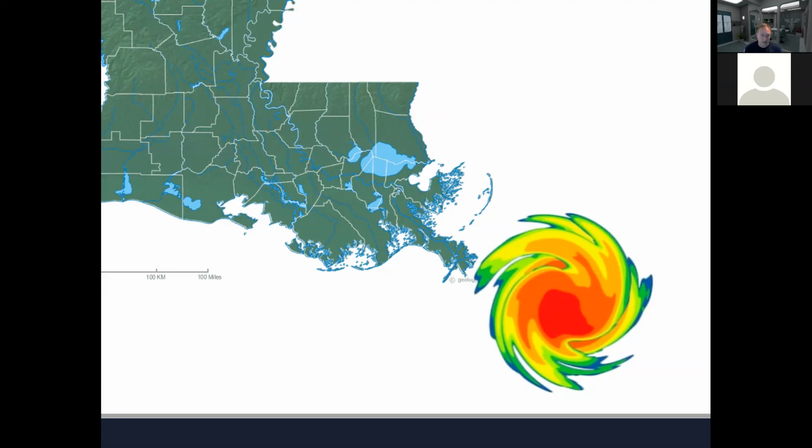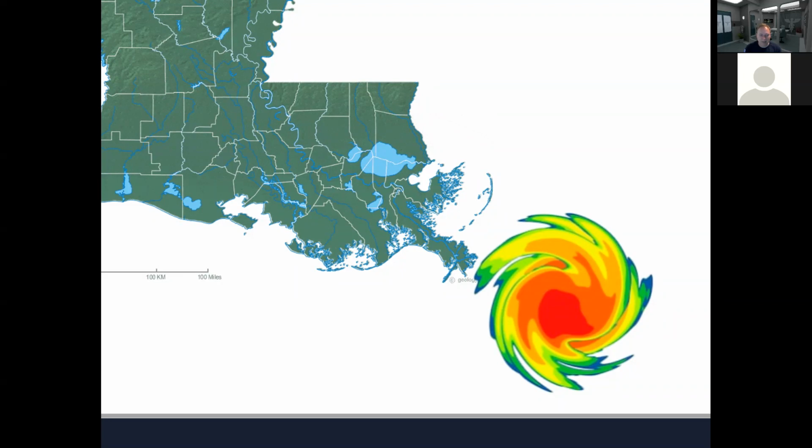So let me try and translate that between Louisiana and North Carolina, since four of the most at-risk states in the United States as it relates to hurricanes are Texas, Louisiana, Florida, and North Carolina. And so if we look at this image of the state of Louisiana, and we look at this hurricane approaching,